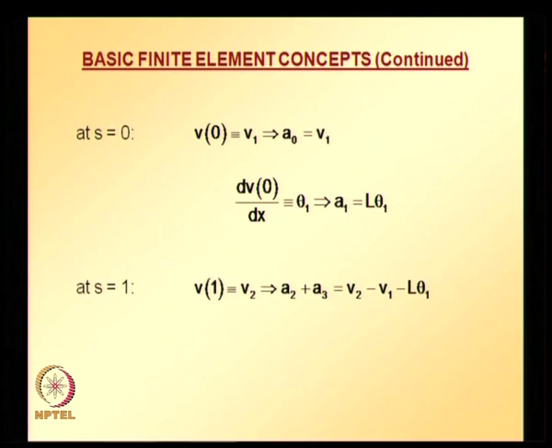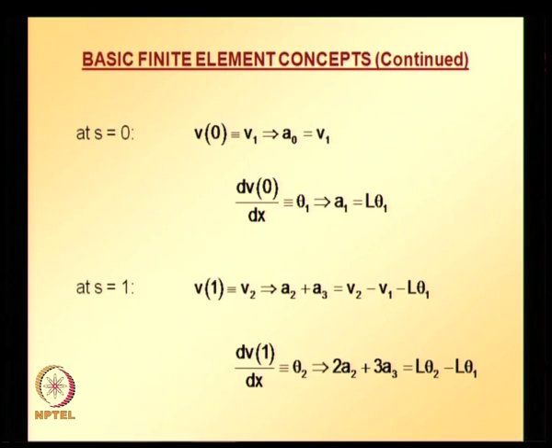Substitute s is equal to 1 in the equation v is equal to a0 plus a1 s plus a2 s square plus a3 s cube, and then we obtain this equation, which is a2 plus a3 is equal to v2 minus v1 minus L theta 1. And similarly, now we need to substitute s is equal to 1 in the derivative of v with respect to x, which is equal to theta 2,